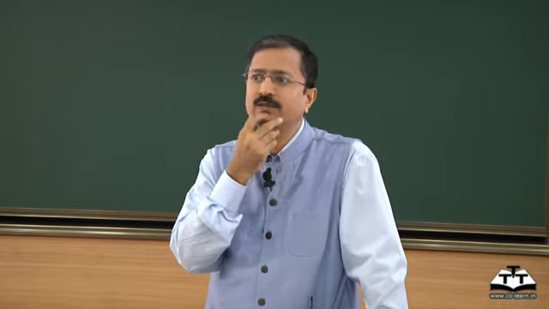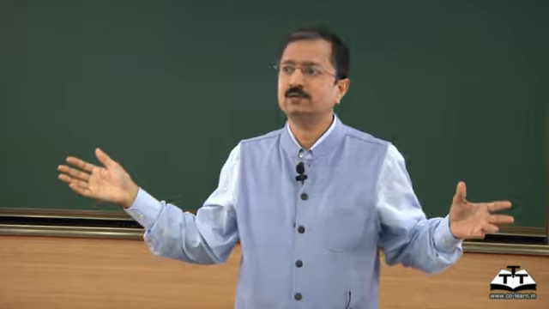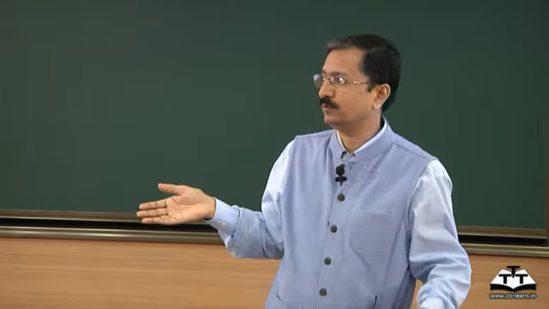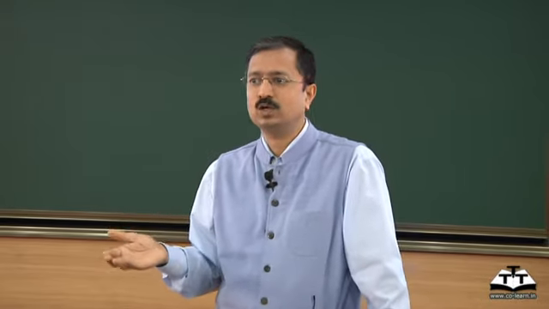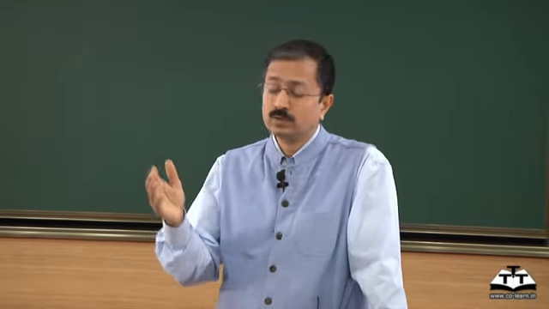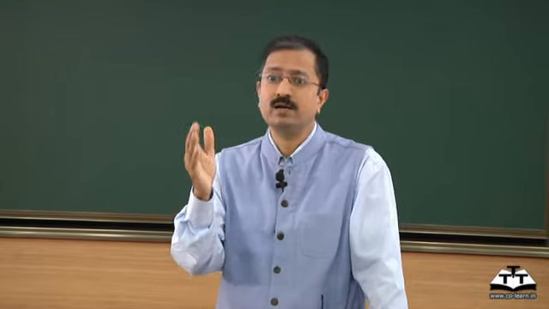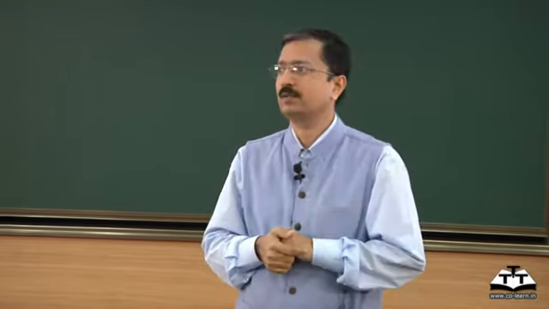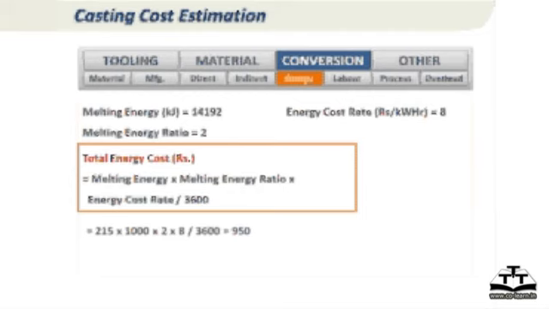If you have high automation, with automatic disa-matic lines and all those things, then energy costs can go up a little bit more, and you have automatic fettling. So it depends on the level of automation really. In automatic foundries the energy and melting cost proportion can be less, about 55% or so. So if you estimate melting costs accurately, and